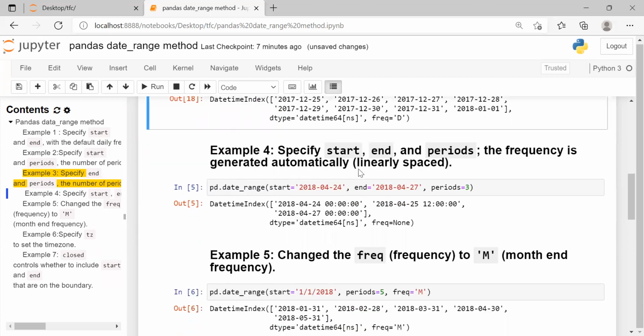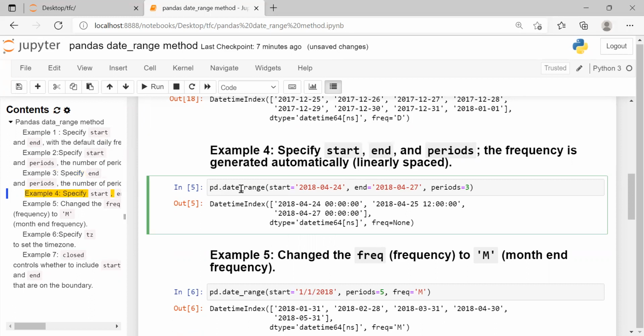Now, you have to generate dates between the start date and end date with an arbitrary frequency. So you can use start, end, and periods argument. So pd.date_range function, we will give start date. In this example, date was given in datetime format.